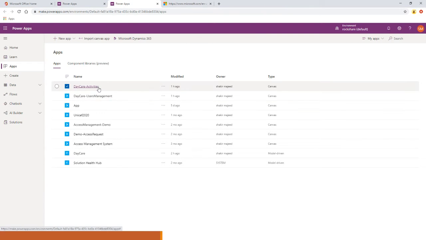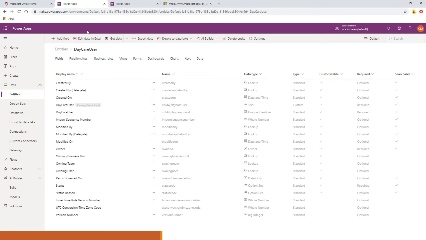I've created two apps, daycare activities and daycare user management. Before jumping into the apps, I would like to show you the different types of the entity, so let's cover this first,